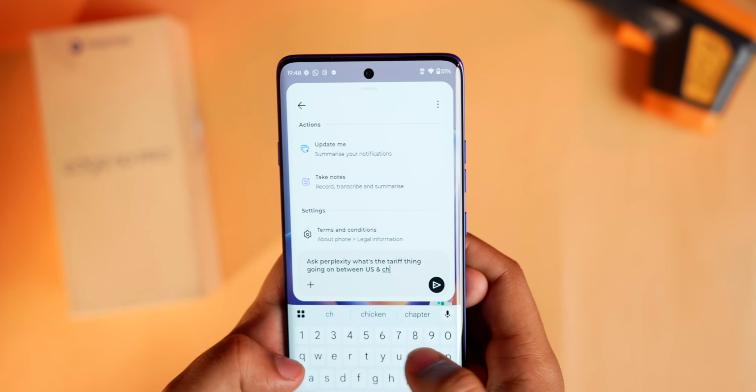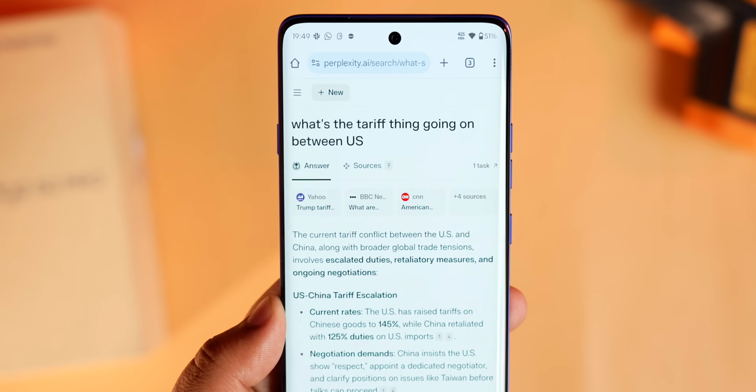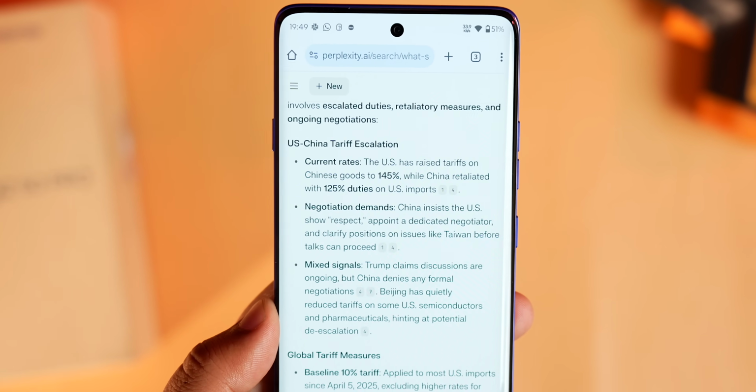And this dedicated button is to trigger Moto AI. Like, if you have some queries, just press the button and you can directly ask Copilot or Perplexity AI without installing any app. Let's say I want to know about the tariff situation between the US and China. All I have to do is type, ask Perplexity, what's the tariff thing going on between US and China? Now you can directly read the info in one single page instead of opening 5 articles and reading through them,